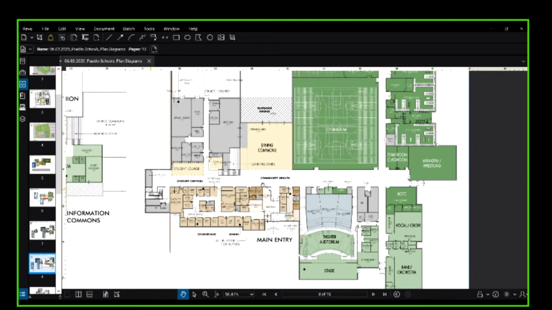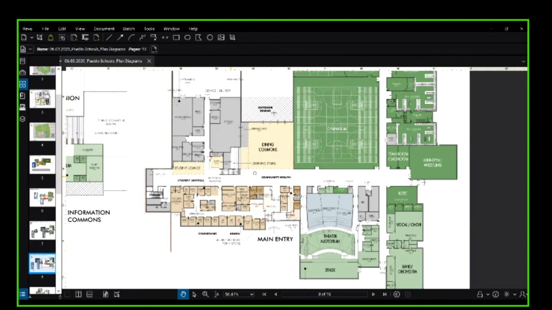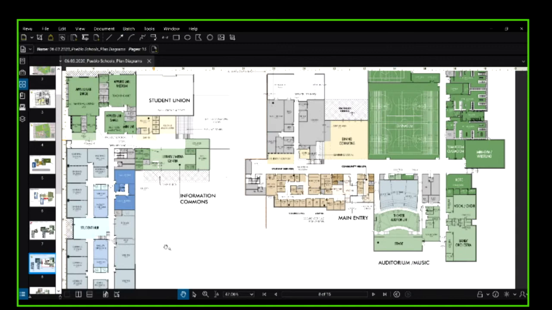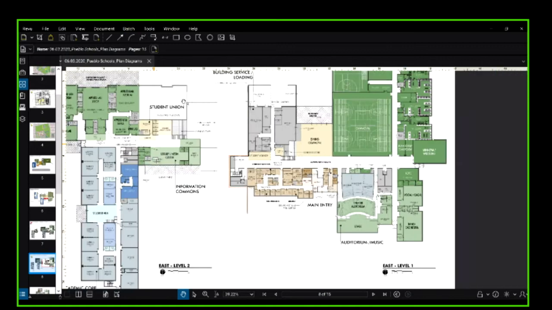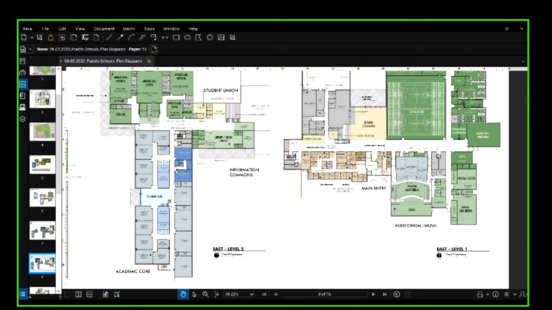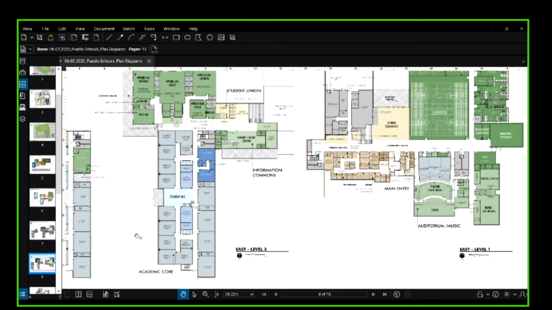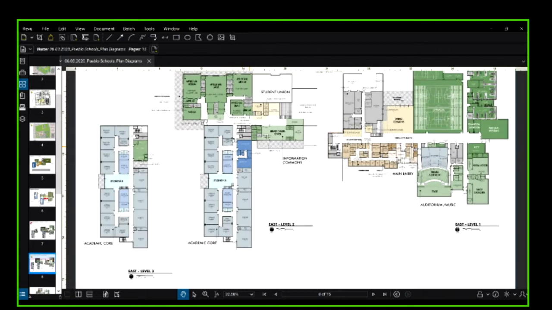commons. But primarily, you'll use this main feature stair which will now get you up to the first level of the academic core and the CTE. So now this level is tied together with the second level of the library media center. Like I said, this will make a little more sense in 3 dimensions, I think. And then we'll have a third level, which will stack directly above.